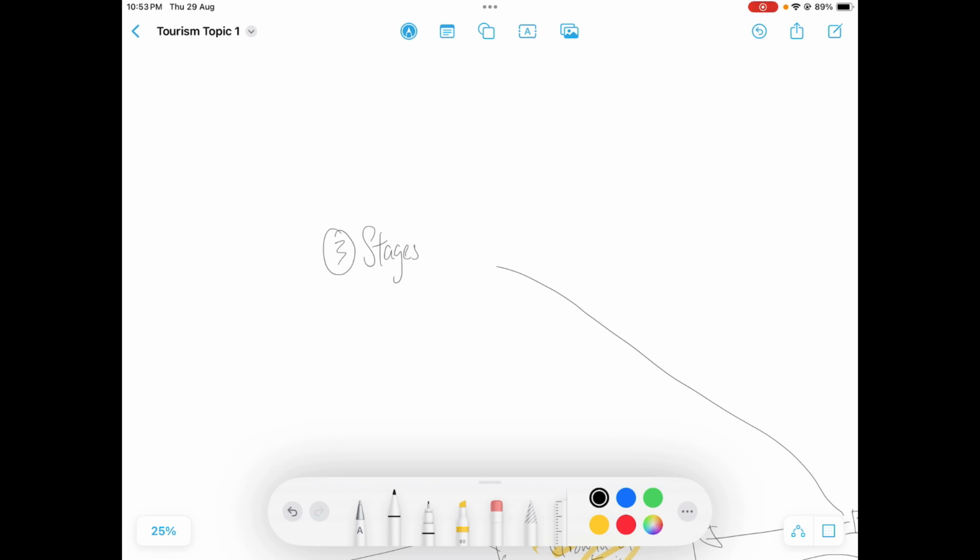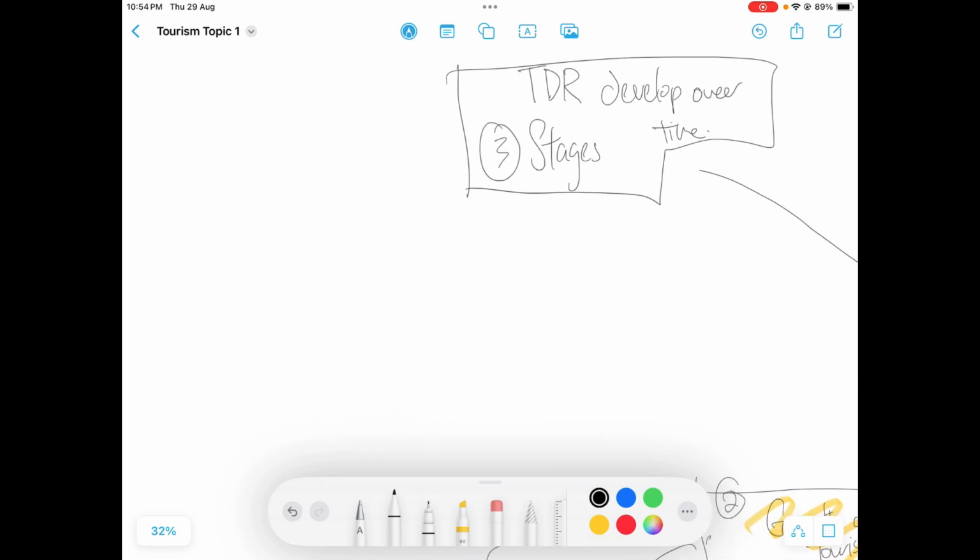Because we are finding out how tourist destination regions develop over time. Alright, so for this, it is very clinical, I will say. Over here, you see your graphs, okay. Basically, this is any graph. This is a very, very common graph in terms of development,